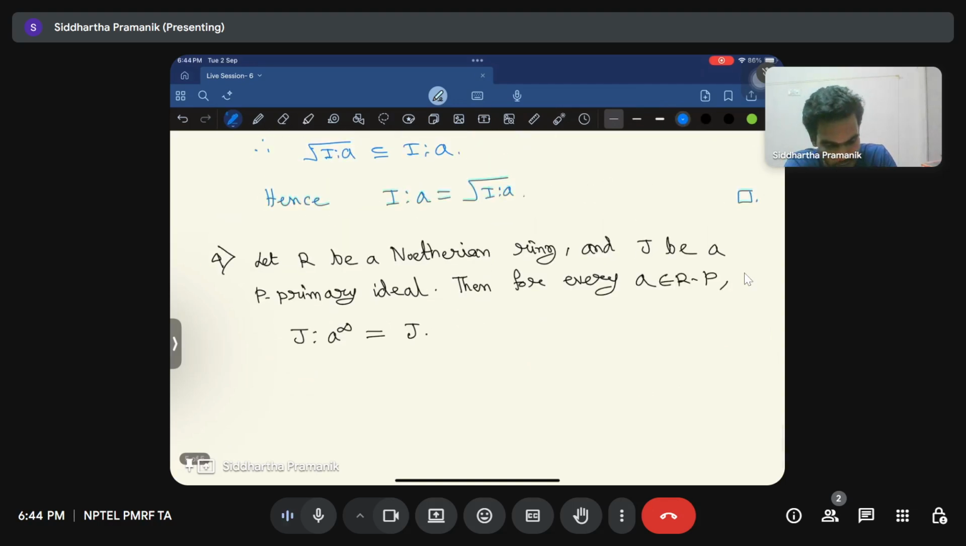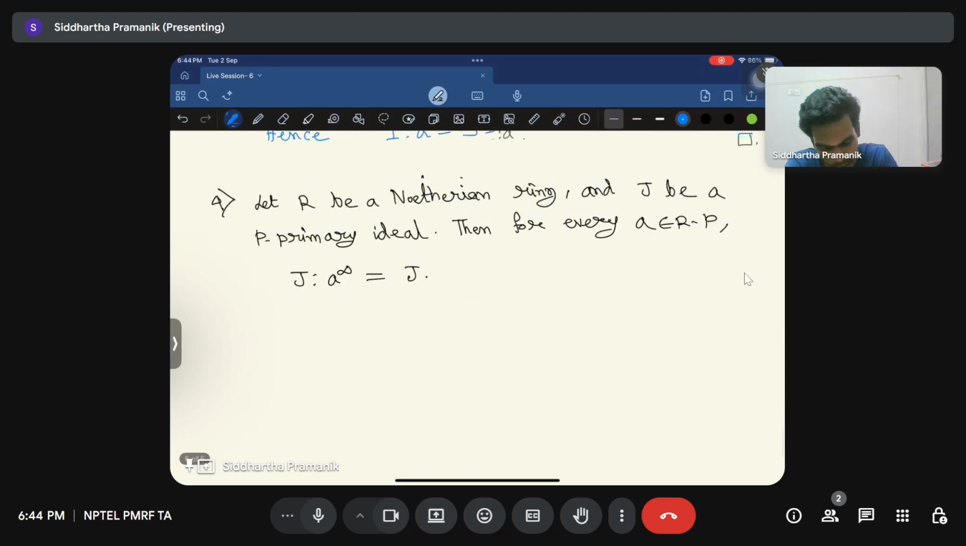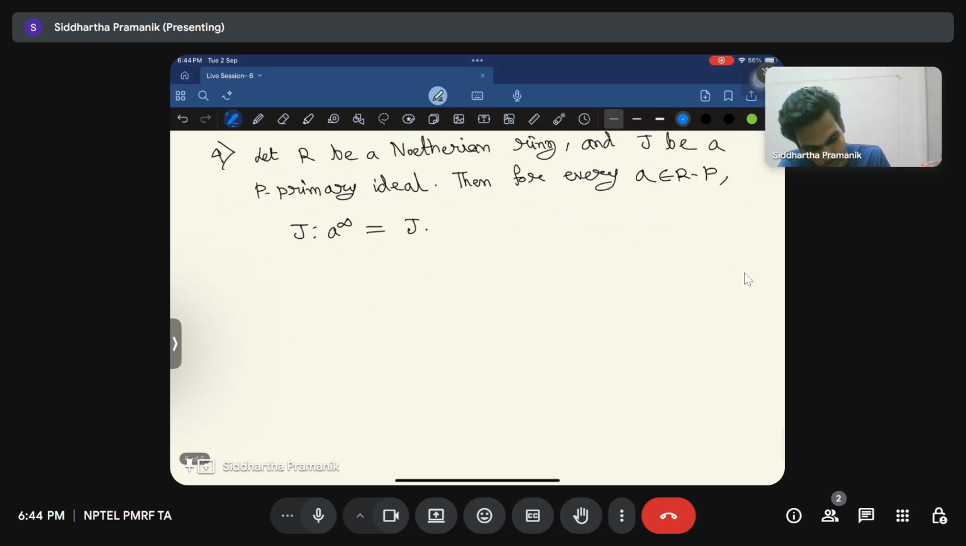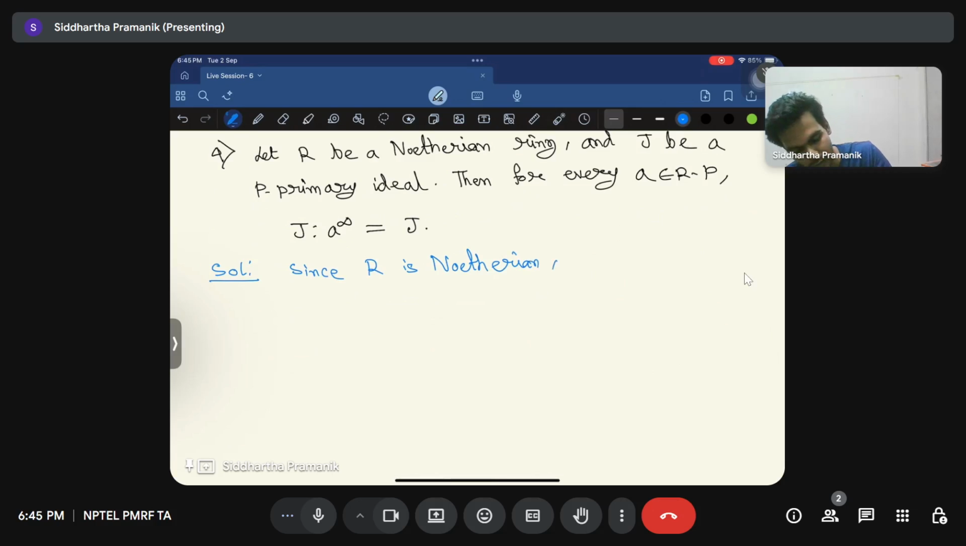So this is also not difficult, but let's prove this. Since R is Noetherian, there exists a positive integer,